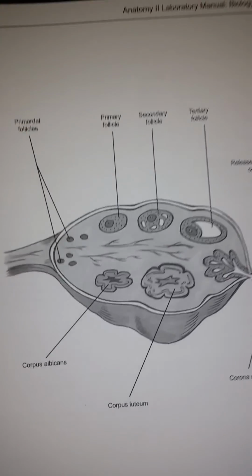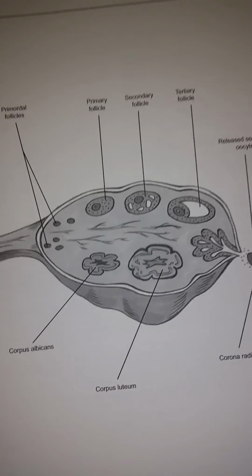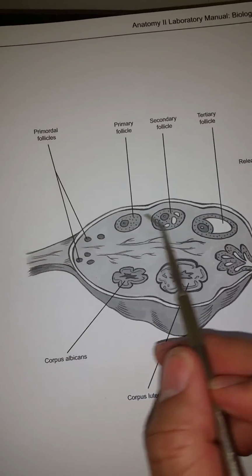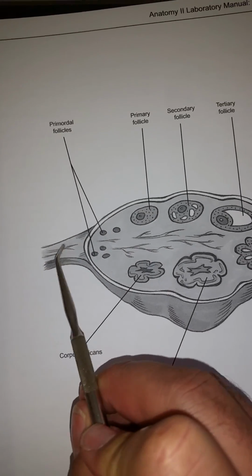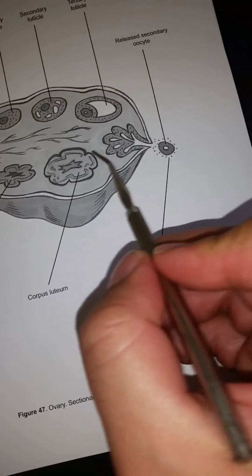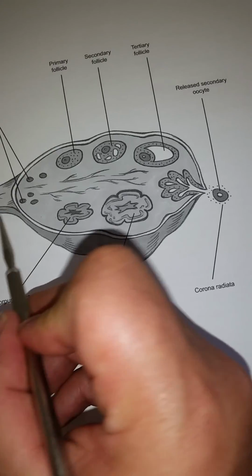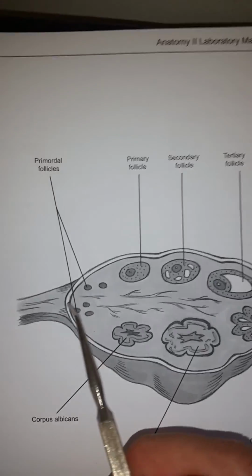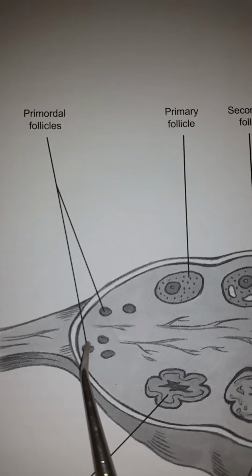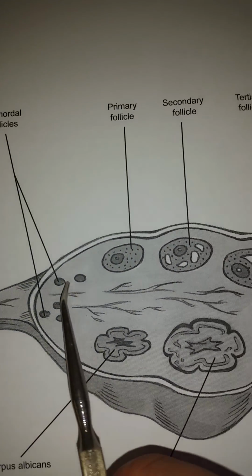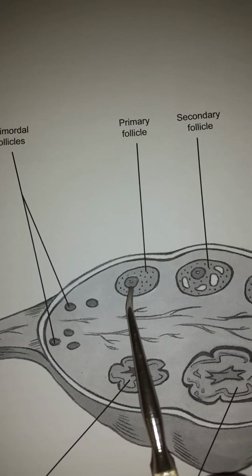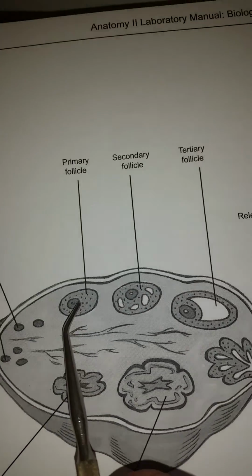Okay, this is a video for the ovaries and what happens within the ovaries. As you see here, this is the ovary, and this is the ligament, or the fallopian tubes will come from here, and this is the attachment of the ovaries. If you look within the ovaries, you will see primordial follicles, these little follicles right here, and then the primordial follicles will change to become primary follicles, and then the